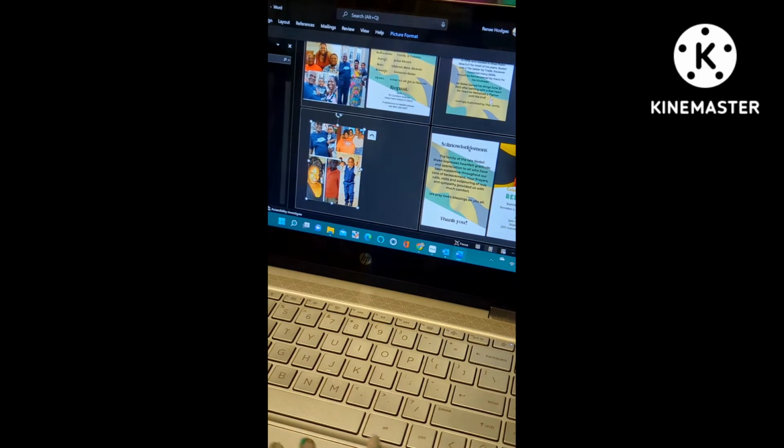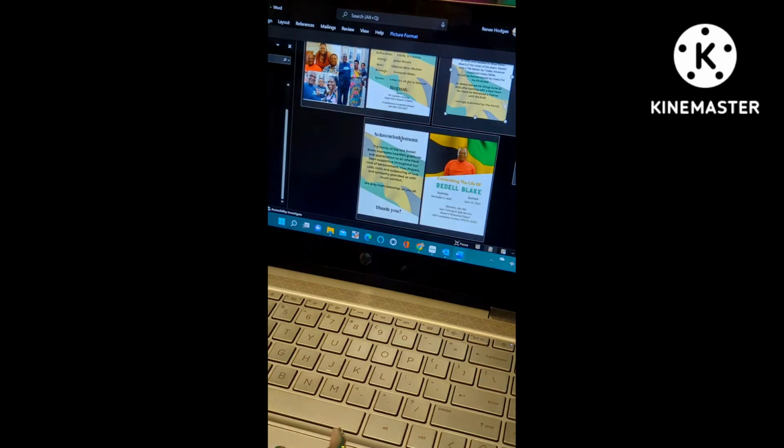double-sided, two-sided, double-sided, so I can be able to fold it into like a booklet. I don't know if that made sense, but you'll get what I'm trying to say after we get through this